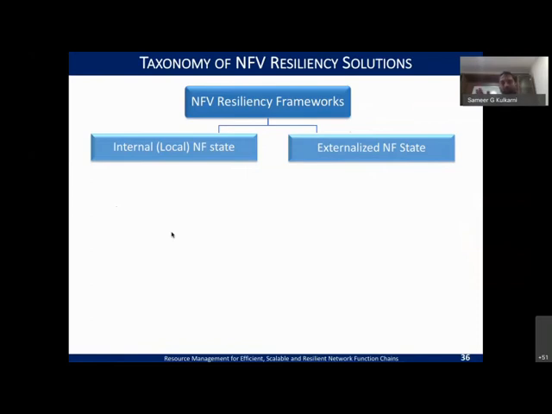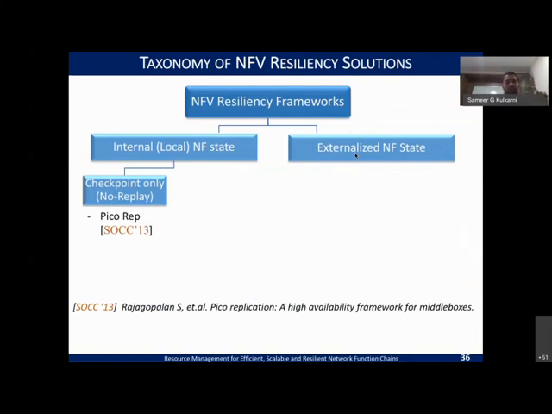Now, in the database and how servers operate, like the HTTP REST APIs, what you try to do is you have a backend database and you try to store the data, the associated data and the correspondence of that data, in an externalized state. And that's again the same concept that NFs can borrow, and that's called externalized NF state.